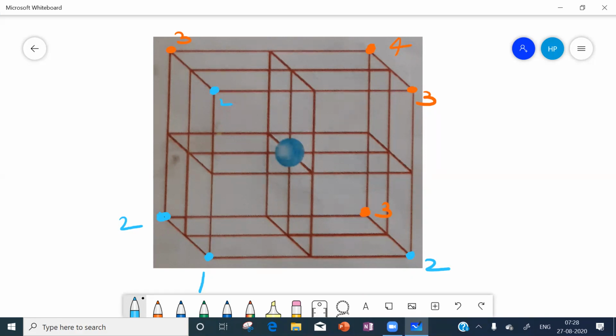If you join third layer corners, will you get a triangle or not? How will that layer look? Will it look like a cross? If you join third layer corners, you will get the third layer. Will that third layer look like a cross? You see, it will look like a cross.